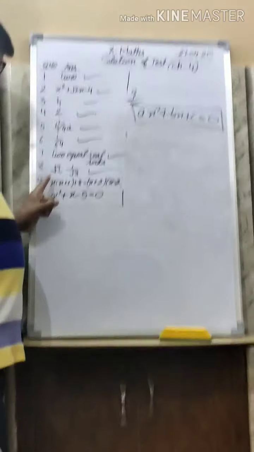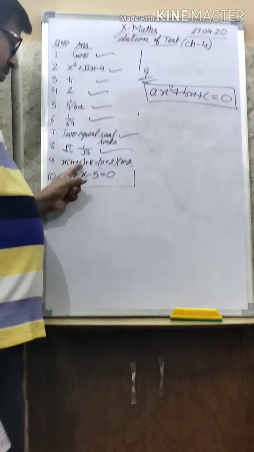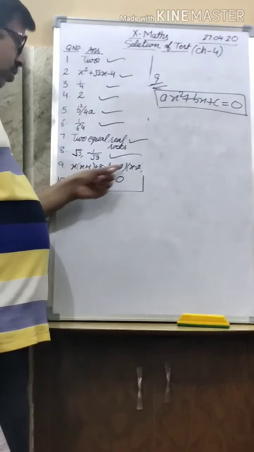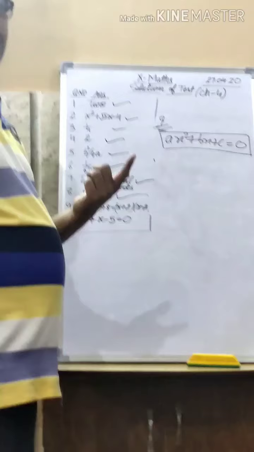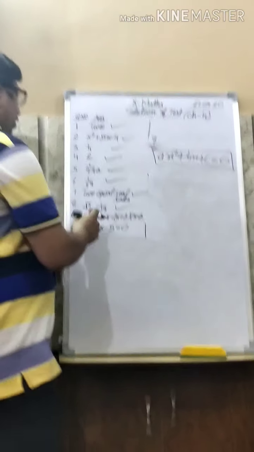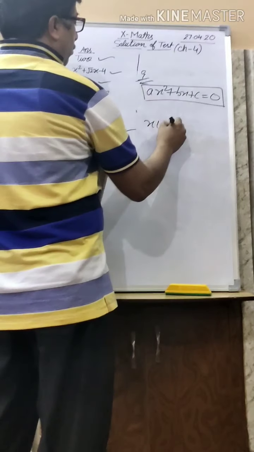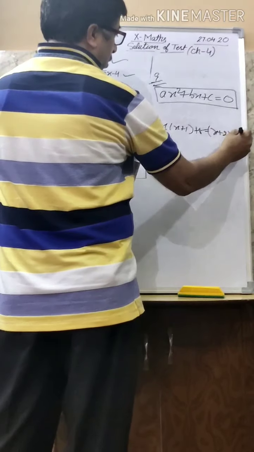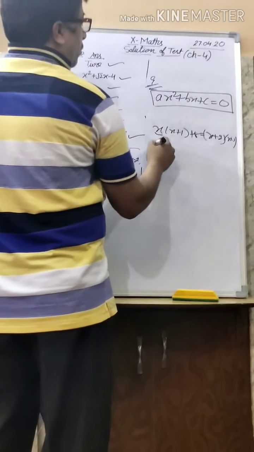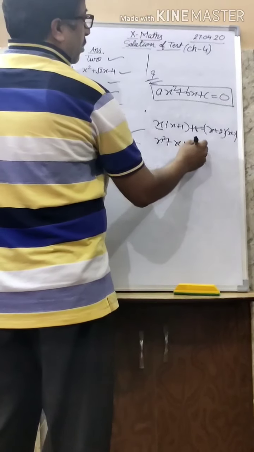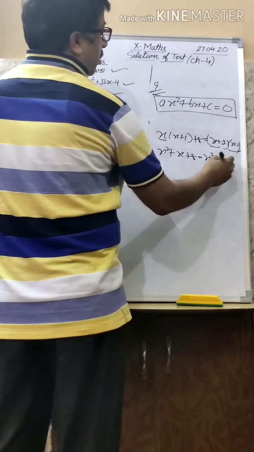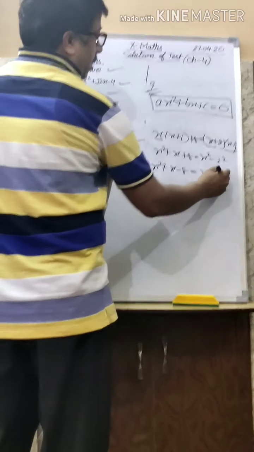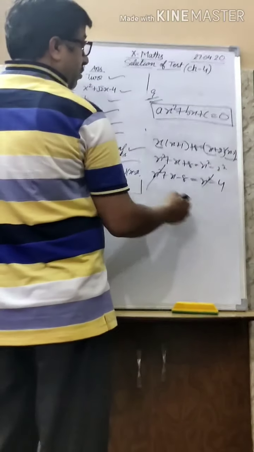So if you solve this, x into x plus 1 plus 8, and x plus 2 into x minus 2, when you simplify this one also, x square will cancel. I can simplify x into x plus 1 plus 8, x plus 2 into x minus 2. What is this? x multiplied, x square plus x. a plus b, a minus b. So x square plus x plus 8 is equal to x square minus 4. So this x square cancels.